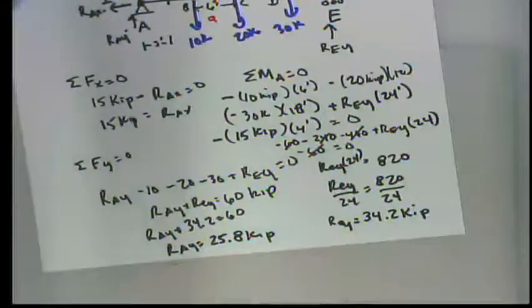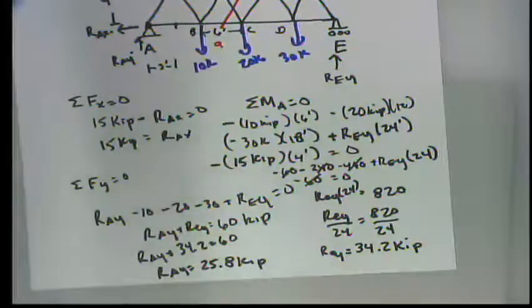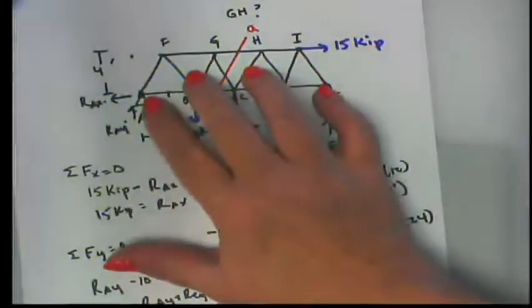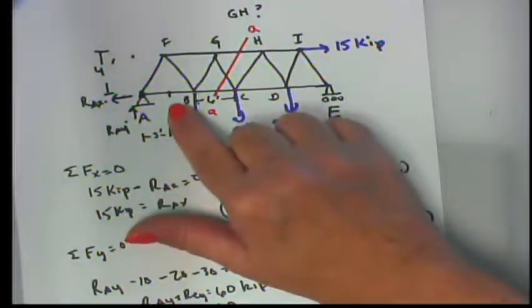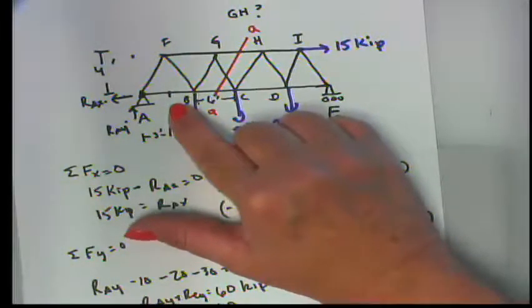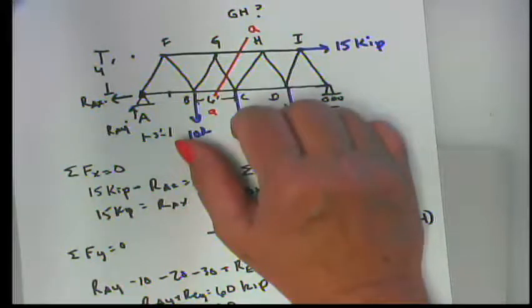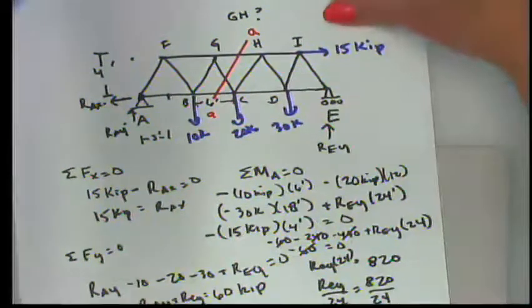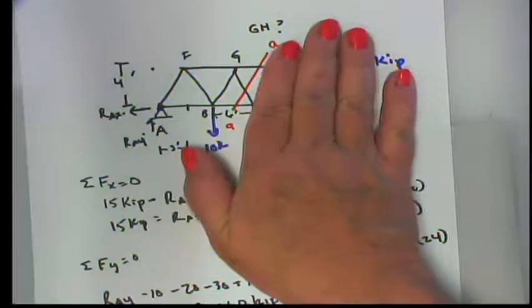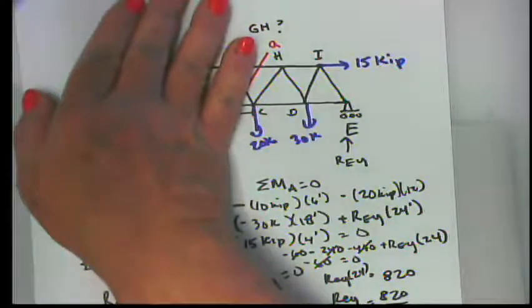The way that the method of sections works is in the same way that the summation of forces X, summation of forces Y, and the summation of moments, everywhere on this truss, on every single joint, have to sum to 0 in order to maintain static equilibrium. If I just take a chunk of this truss, everything has to sum to 0 as well. And so that's the analysis process. So in other words, I can just look at this part of the truss, or I can just look at this part of the truss, and everything has to sum to 0. Anything that I cut